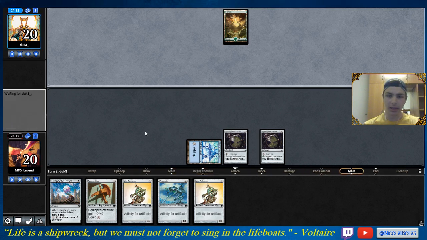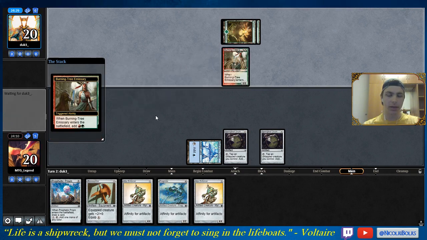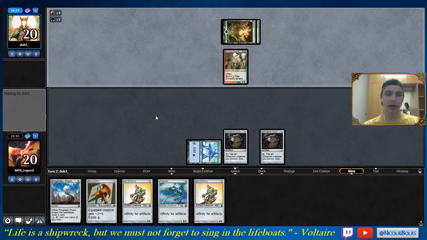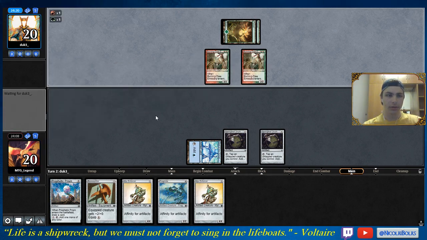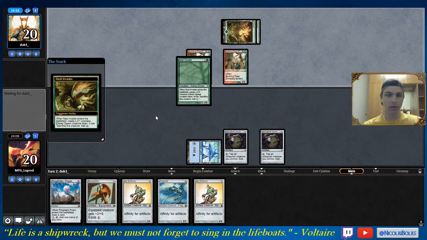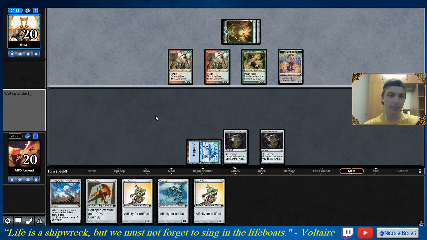Opponent not with a second land. Interesting. Oh, they do have a second land. Okay, so it looks like we're playing against green aggro, which is a pretty good deck. Hopefully his turn 2 isn't too explosive. Speak of the devil. Well, that was a bit of a swing, but my creatures are a little bit bigger, so